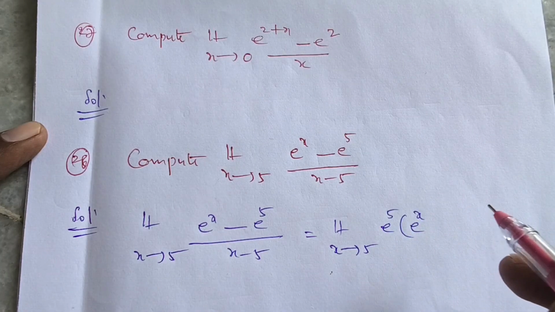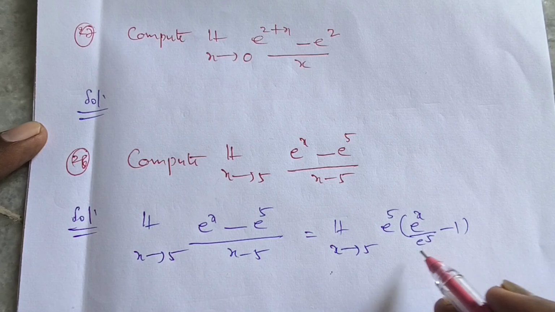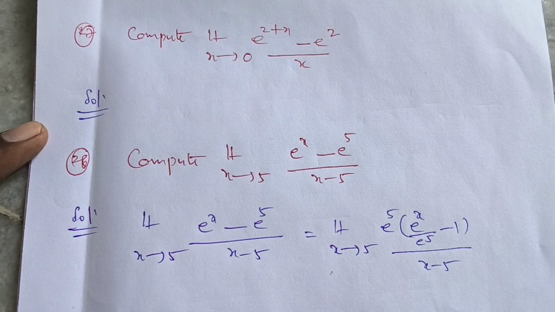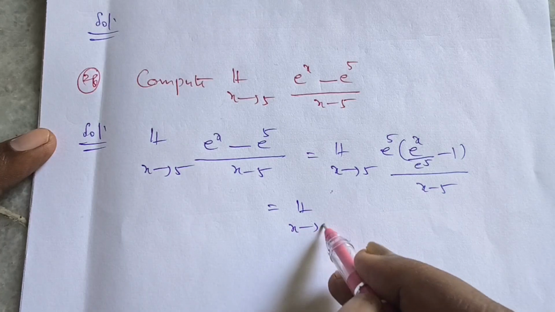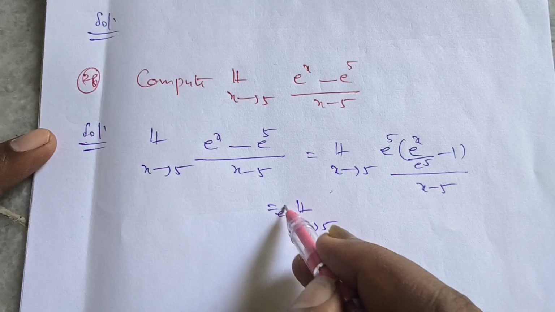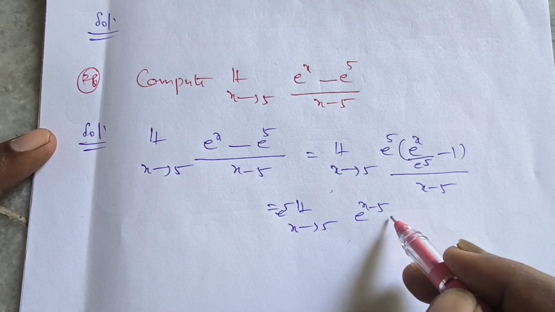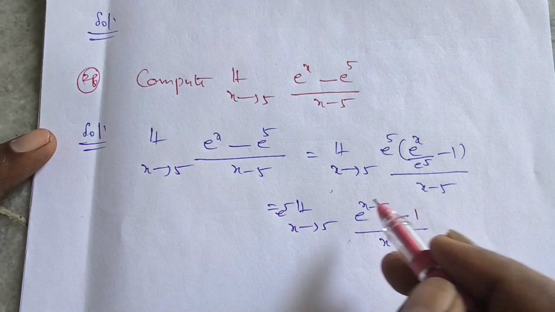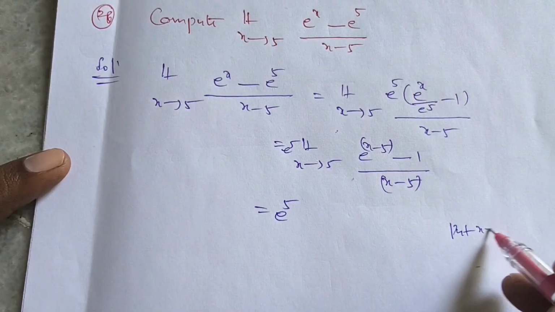So limit x tends to 5, e power 5 taken common, e power 5 of (e power x by e power 5 minus 1) by x minus 5. So limit x tends to 5, e power 5 is a constant, taken outside of the limit, e power 5 into limit x tends to 5, e power x minus 5, which is of the form a power m by a power n. So e power (x minus 5) minus 1 by x minus 5